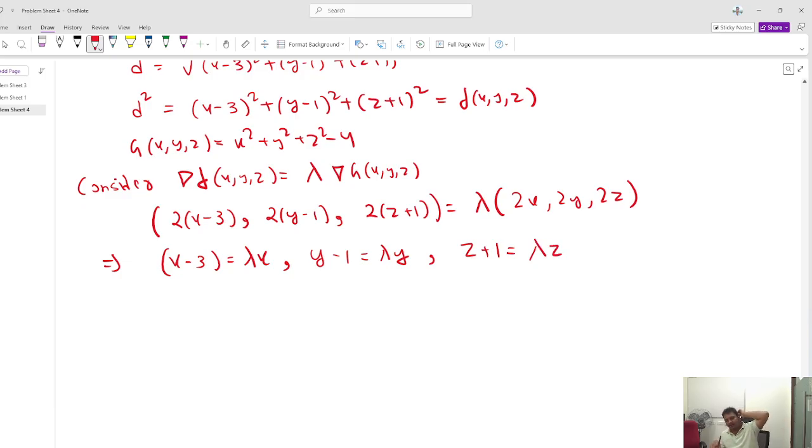Now see, there are two ways to do these things. Either you eliminate lambda,